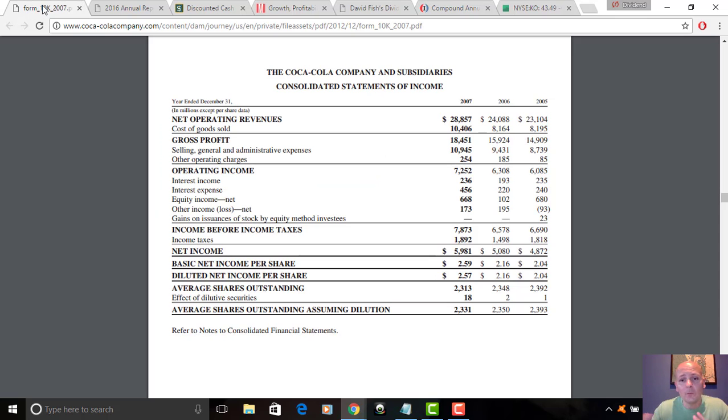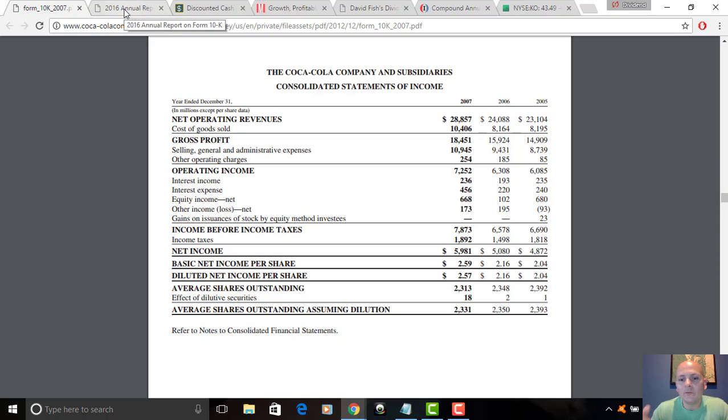And especially when we start to form baseline expectations and we start to value the business, these are important numbers to keep in your mind. Like, okay, well, Coke's growing a couple percentage points a year. The dividend is obviously slowing down. The payout ratio is very high. So, when you start to say, okay, well, what do I think the dividend is going to grow at going forward? You have to keep all these numbers in the back of your head when it comes time to actually value the business and extrapolate these numbers out going forward, way out into the future.